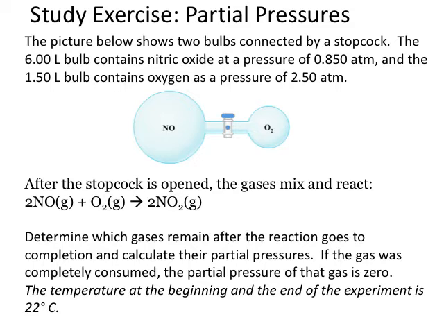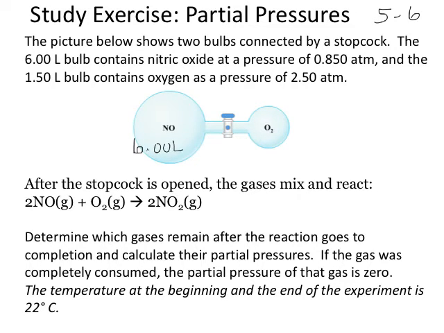This is problem 5-6. And I think this might be one of your hardest problems. So let's work this problem. The picture below shows two bulbs connected by a stopcock. So they're separated. Okay, so you got nitrogen oxide and you got oxygen. And this is an initial volume,